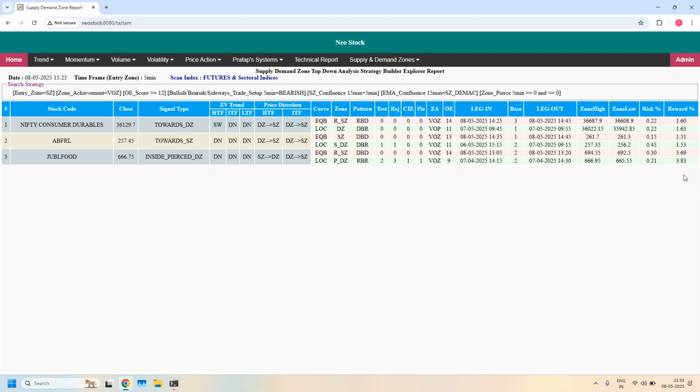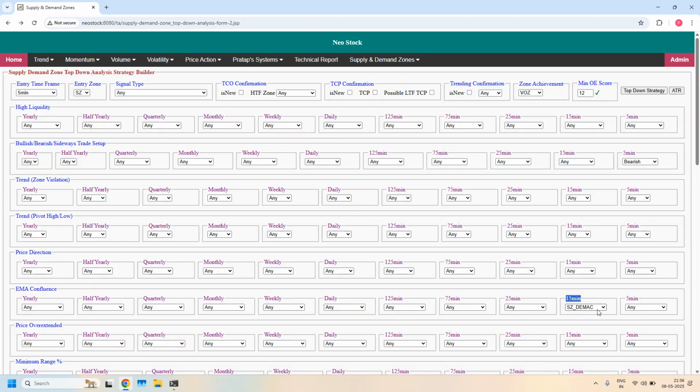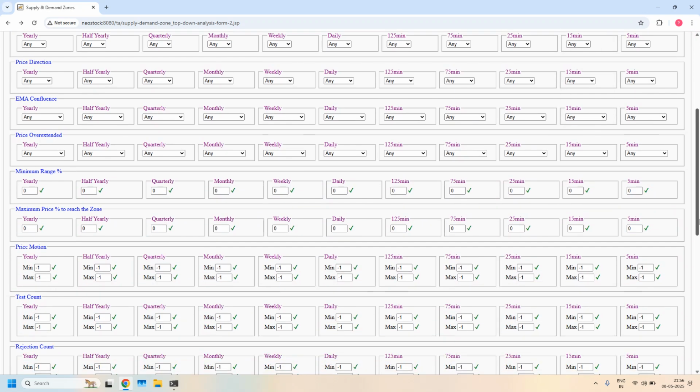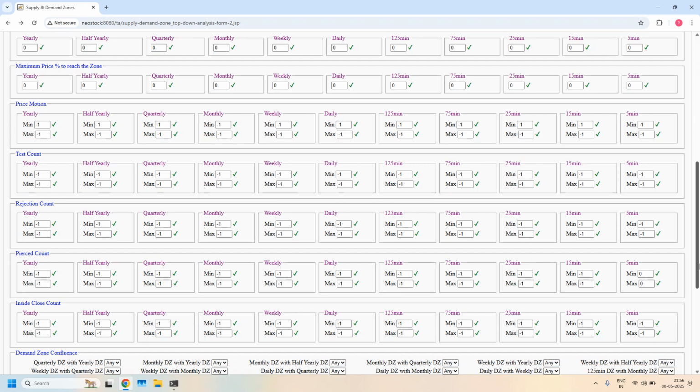See, already hourly income trade success rate is low. Among the low success rate, these stocks might be better. That is how you have to understand. Okay, next let us look into LTF, ITF and even HTF supply zone confluence supported stocks. Removing this EMA filter. In the supply zone confluence,